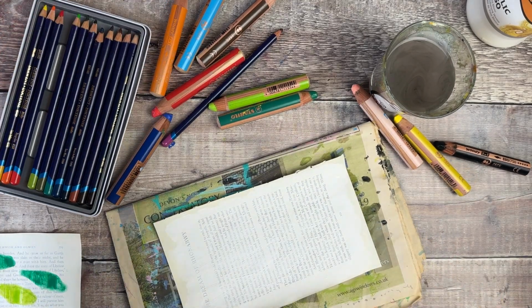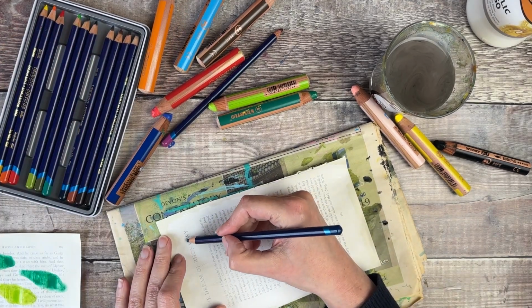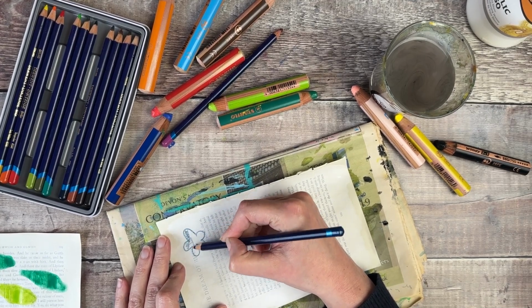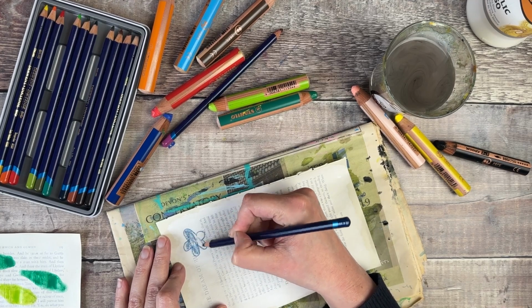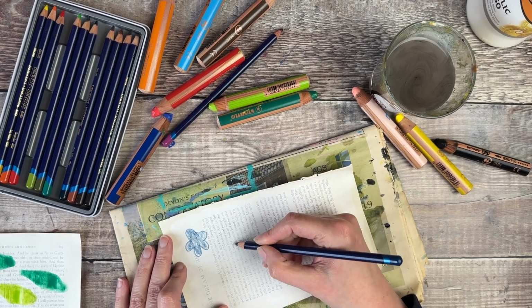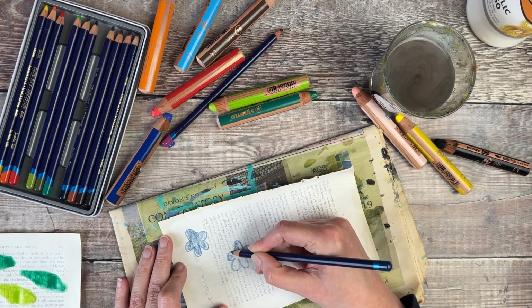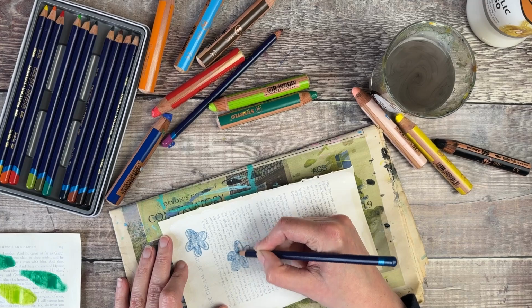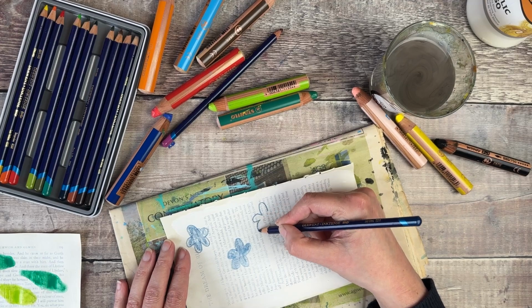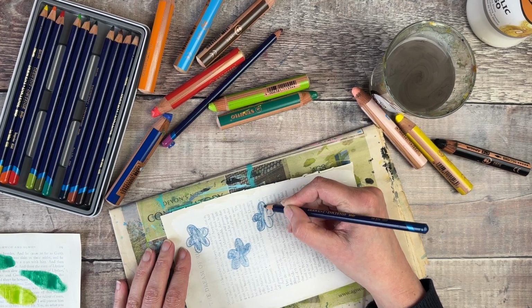I think I'll use the Inktense ones this time. So I think my thought process at the moment is that we'll have at least one more session making these, or decorating these background pages. Then we'll have one where we'll decorate the cover and decide, I think, which pages we want to go into the journal, because we might well have some left over, which is going to be absolutely fine, because when I've